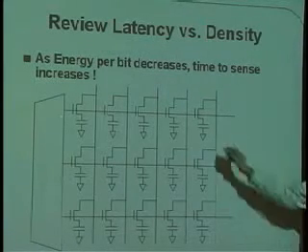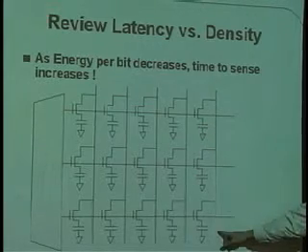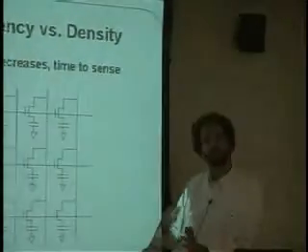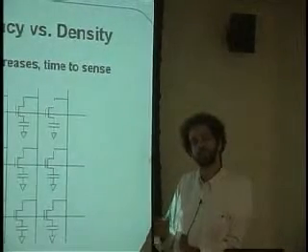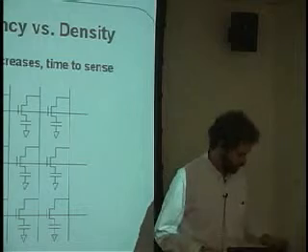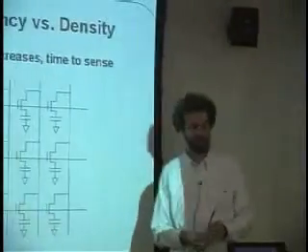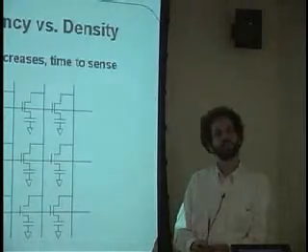And as the amount of energy that I store per bit goes down, when I do the sensing, what I need to determine is, is the energy above a threshold or below a certain threshold? And when we studied metastability, we learned that the way you do sensing of that sort is you use the energy that's stored in this capacitor to begin with, and you put it into a thing called a sense